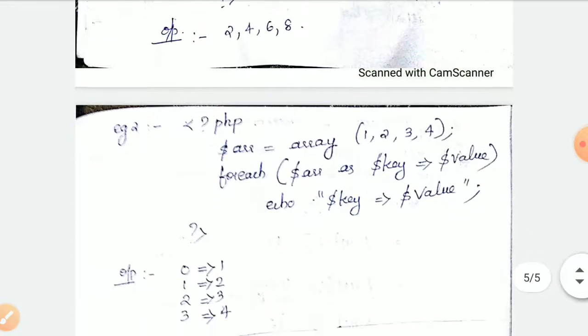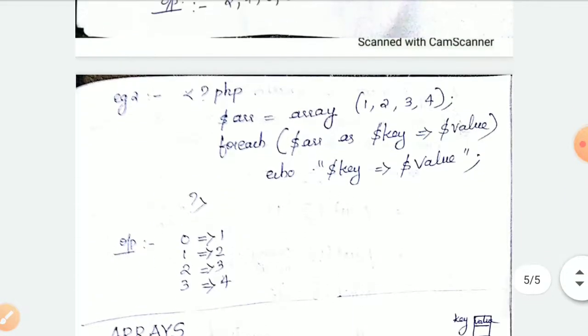Now let's see another example. Here also we are creating an array containing 4 elements, 1, 2, 3, 4, and the array name is $arr. Then we write the foreach loop as foreach $arr as $key arrow $value.